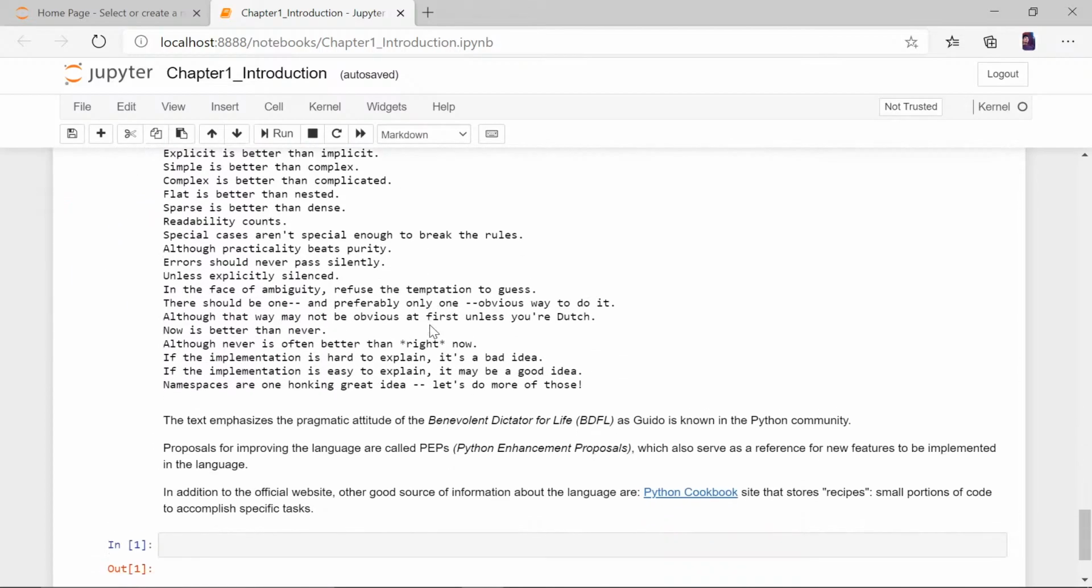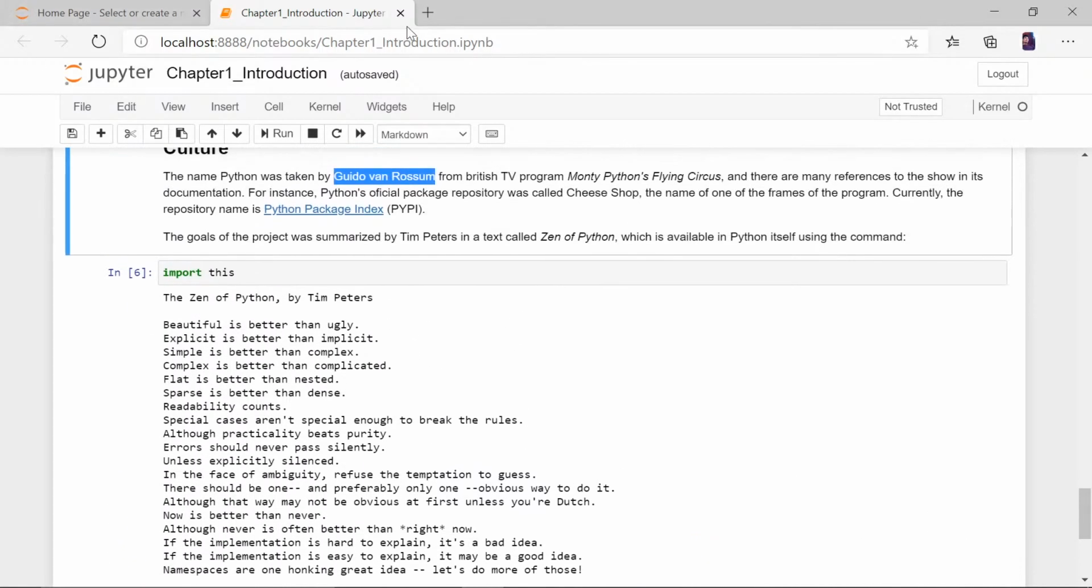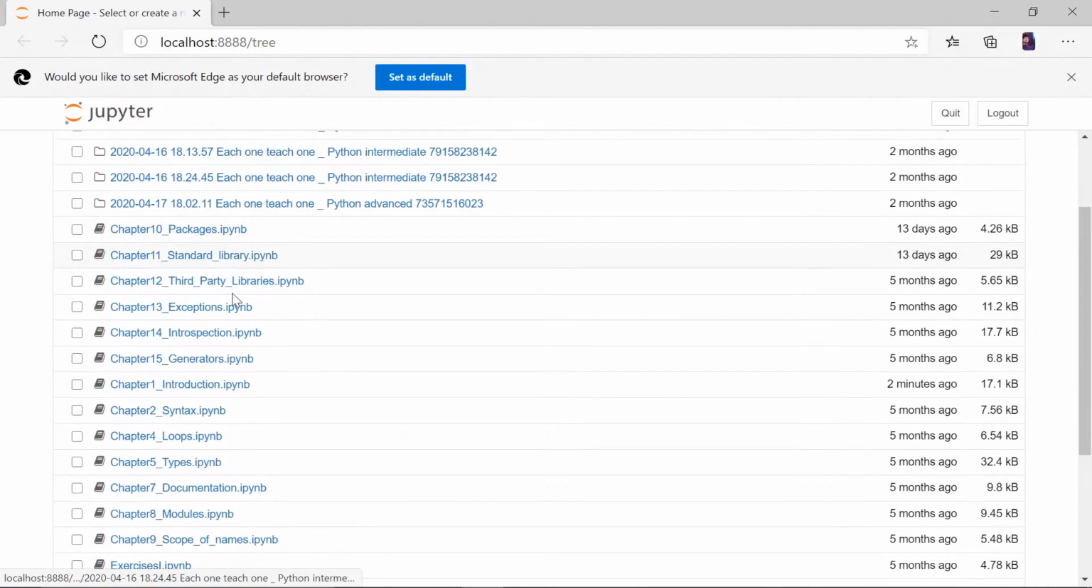Okay, import this, import that, tinker, tinker. Let's go to the next. So always do this: file, close and halt. Yes. Second part,